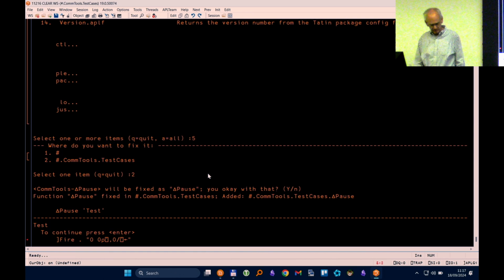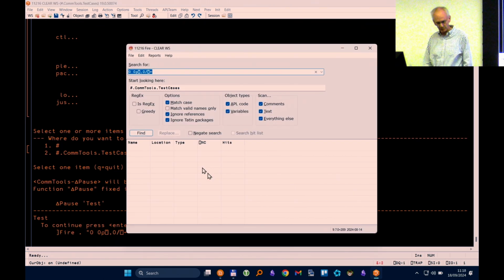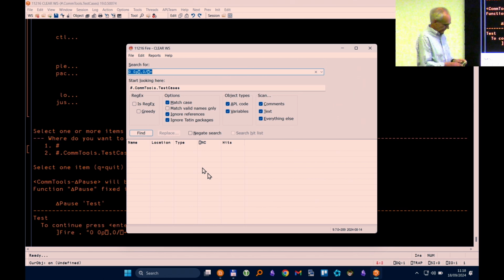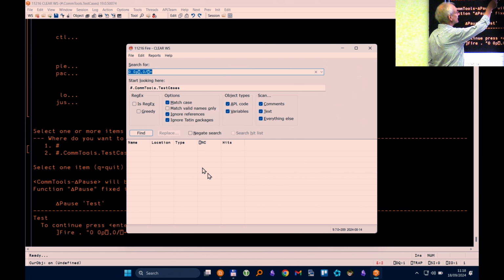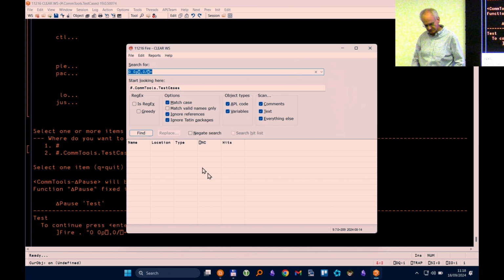And now I use FIRE, which stands for find and replace, and I've talked about it in other sessions, in order to replace the APL expression by the function call. I give it 2 parameters. The first one is a dot, and the dot simply means look into the current namespace. And the second one is the expression I'm searching for, so it can pre-populate the GUI by saying look for the APL expression in the namespace CommTools.testCases. I press find,